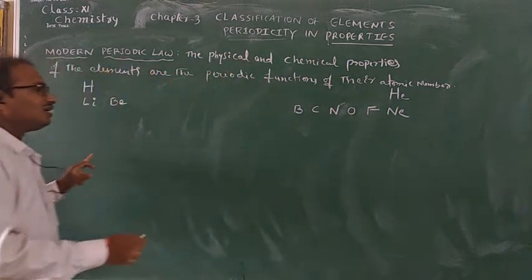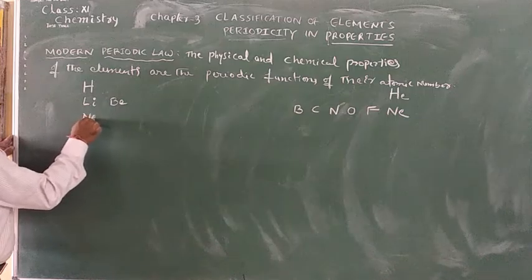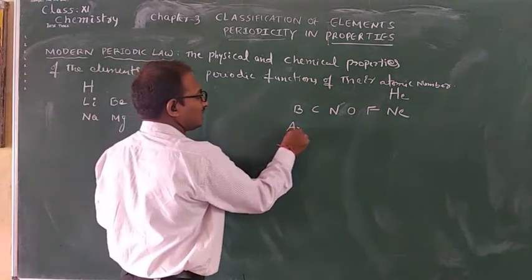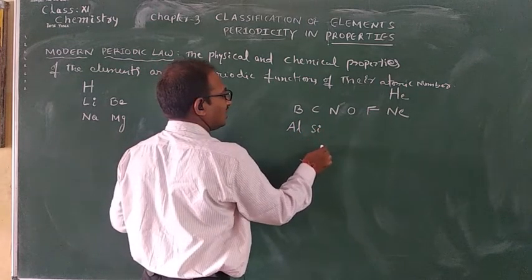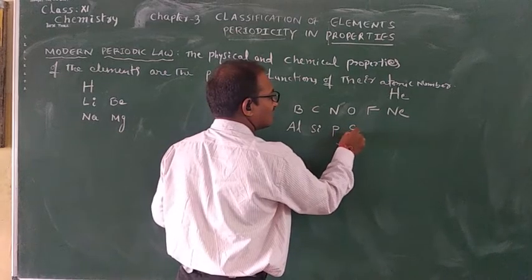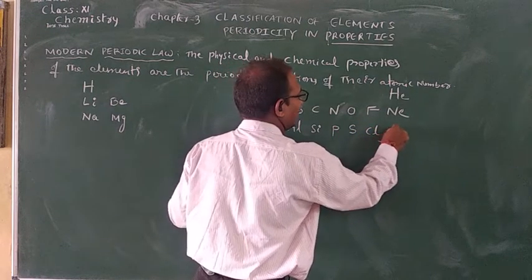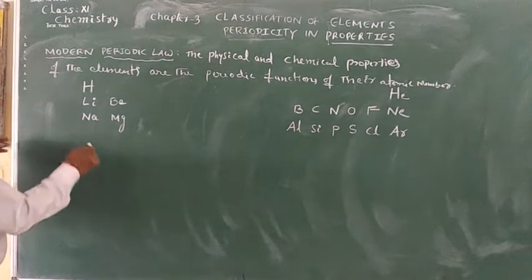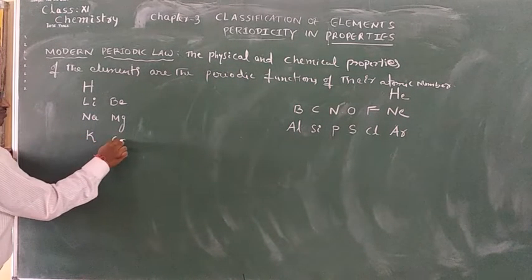Next, sodium 11, magnesium 12, aluminium 13, silicon 14, phosphorus 15, sulfur 16, chlorine 17, argon 18. Potassium 19, calcium 20,